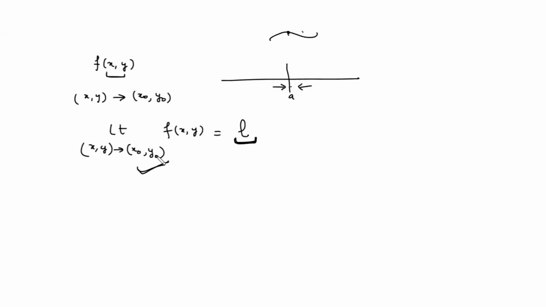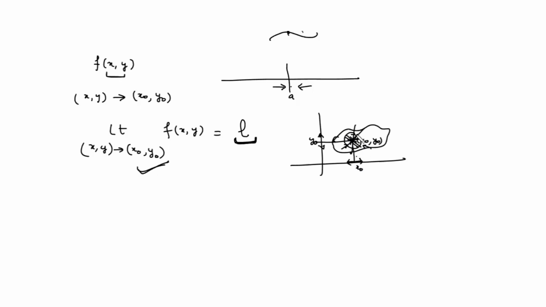But in case of a function of two variables, this is any function, this is any point. So let's suppose this point is (x naught, y naught). You are saying your x is approaching x naught and y is approaching y naught. There lie infinitely many directions which pass through this point. Maybe there is a little change in x variable only. For x you got two directions, one this and one this. For y you also got two directions, this.